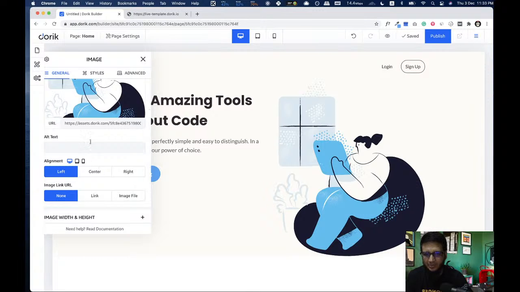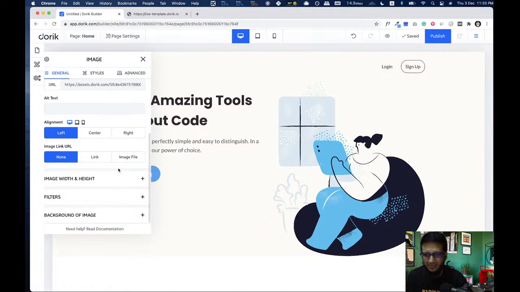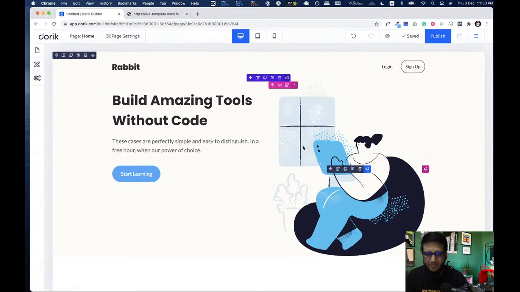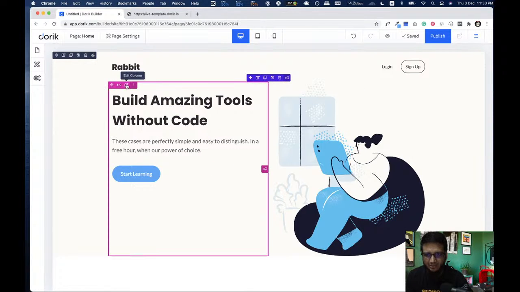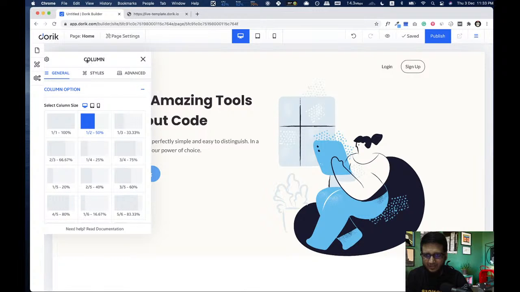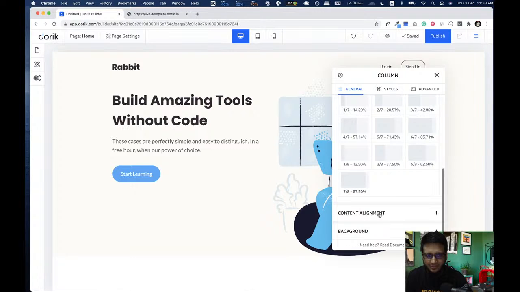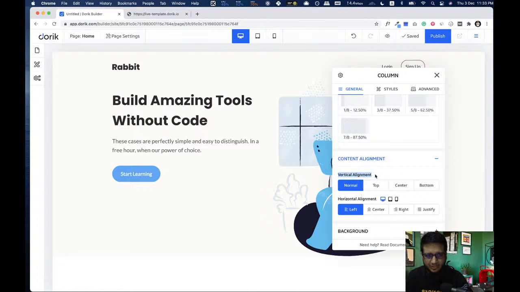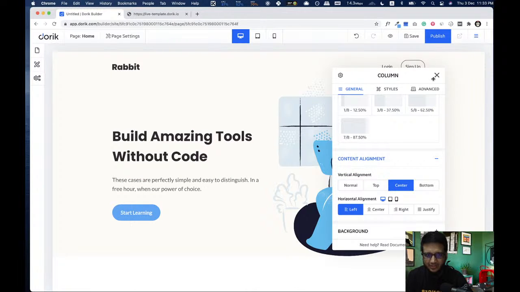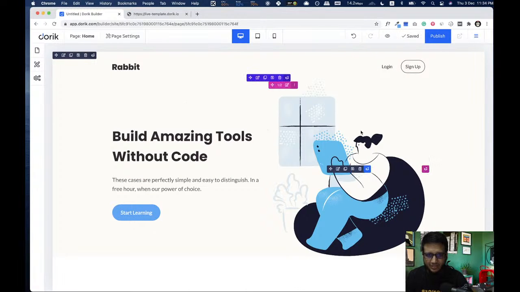And as usual, you can see the controls, all text and everything. You can link the image and width, height. We are gonna keep it the same, but with the text, you see the alignment now, text is at the top, and we want to vertically align it in the middle. So go to the column, this purple edit column option, and then come to the content alignment. You see vertical alignment, make it centered, and you see the text is now vertically centered with the image.